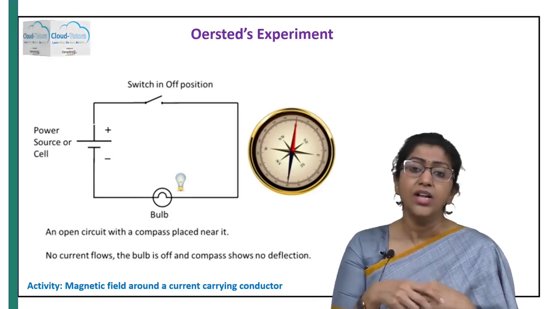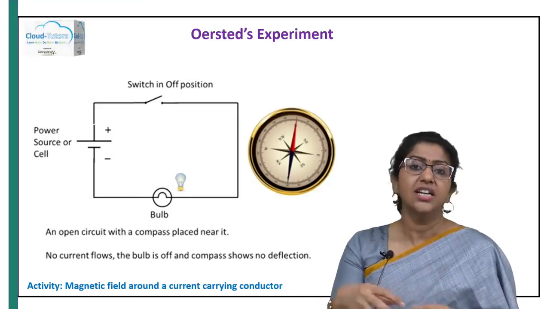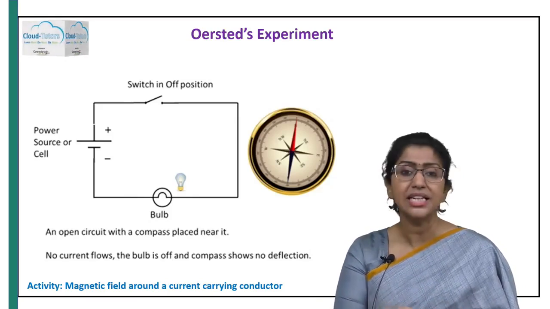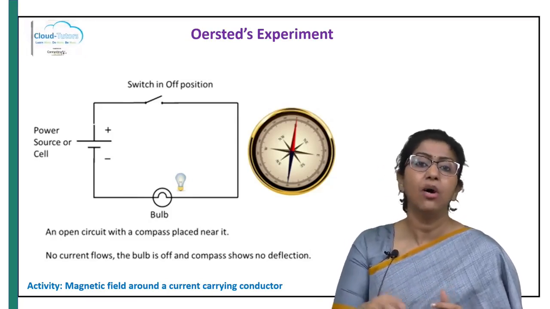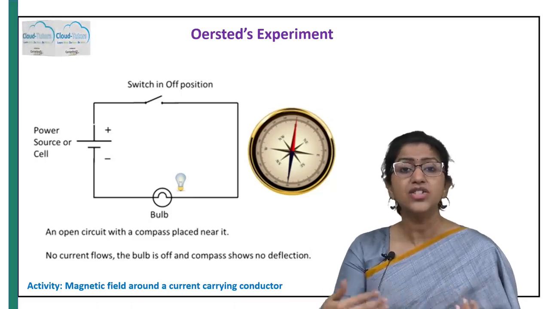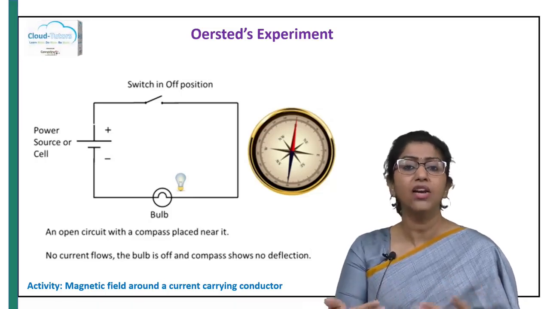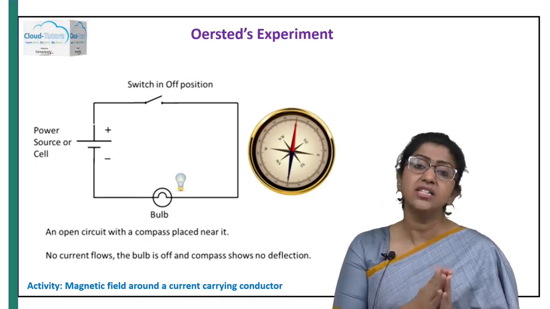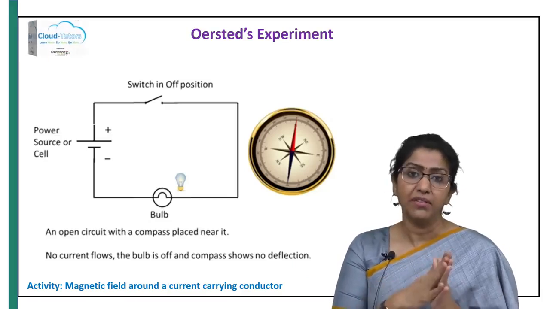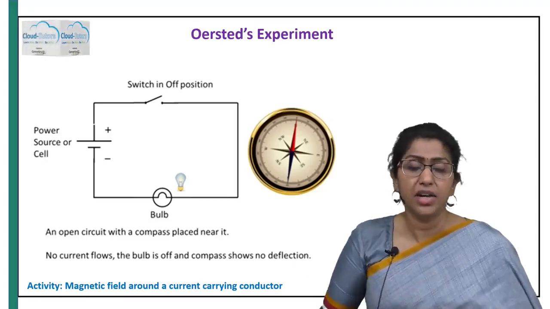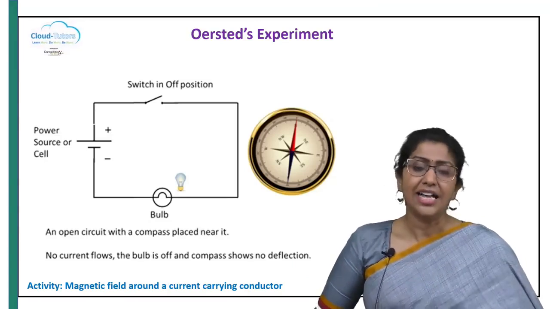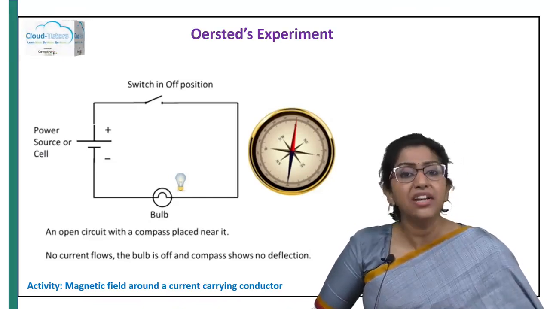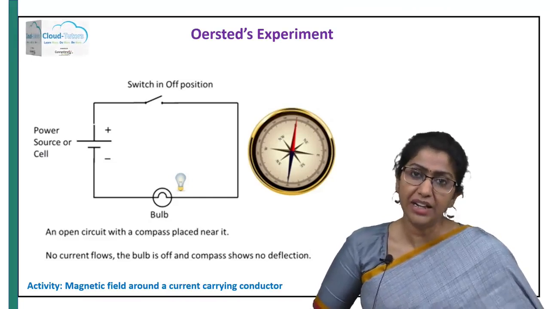He wondered. He kept on changing the direction of the current. He also conducted a few experiments using the same setup by keeping the magnetic compass needle in different positions. It started deflecting even more and also changed the direction of deflection when he changed the direction of the current through the copper wire. By this, what he understood and discovered is that a current carrying conductor creates a magnetic field around it.